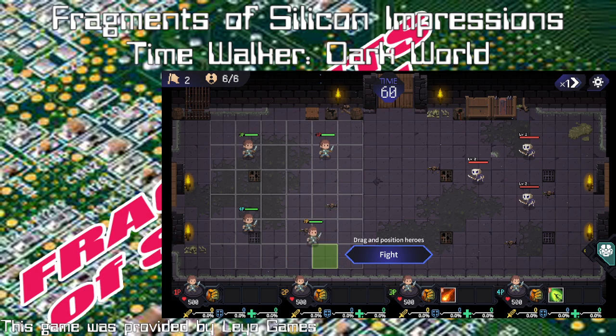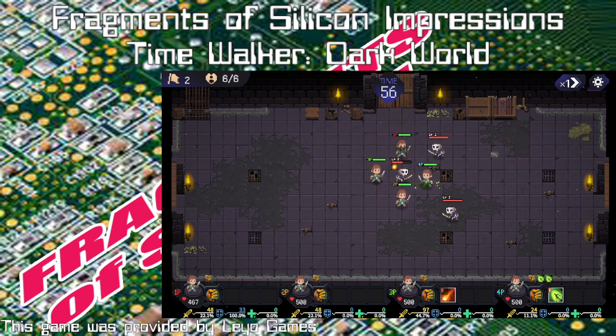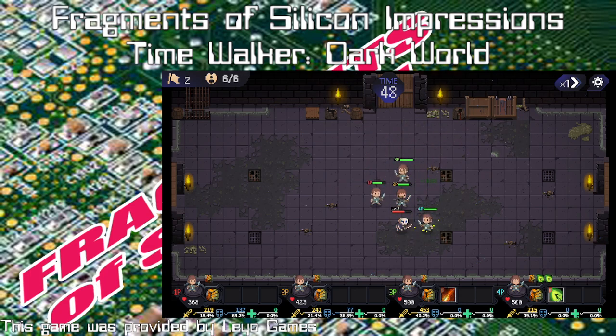Now, it's one of the reasons why it's in early access right now. But anyway, Time Walker Dark World is a roguelike auto battler with strategic combat. I gotta admit, I've never played auto chess, so I'm not sure how strategic that game is. But yeah, this game does have strategic elements